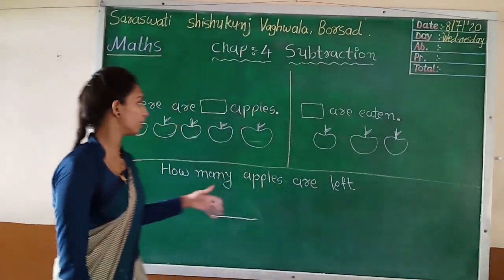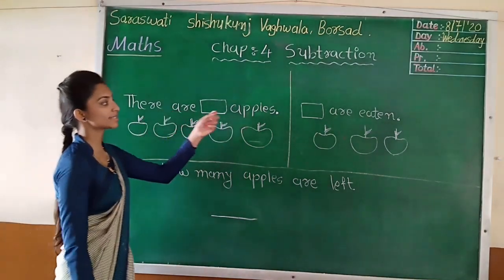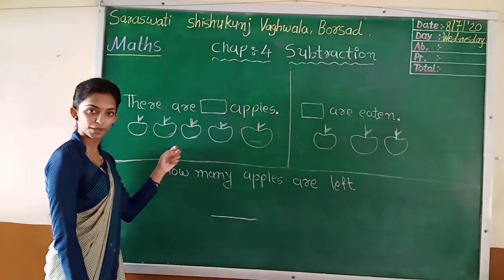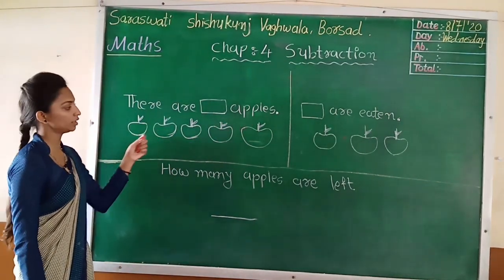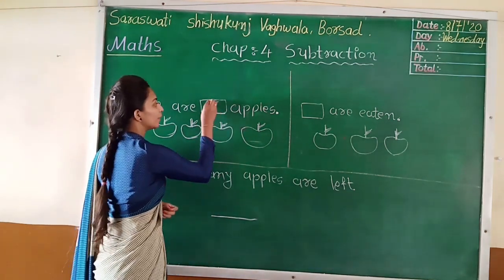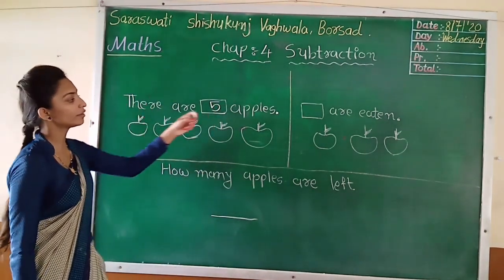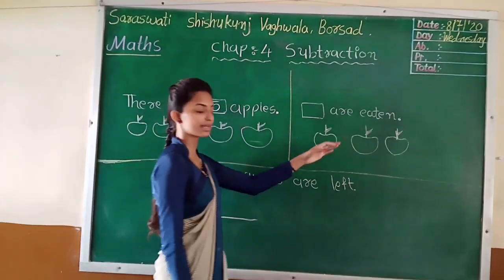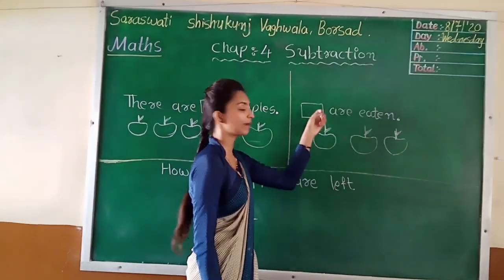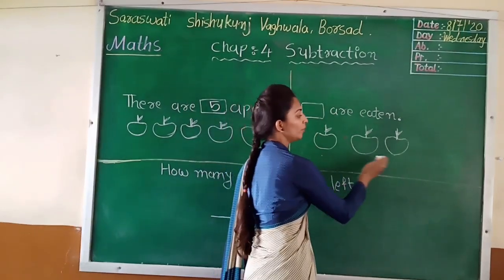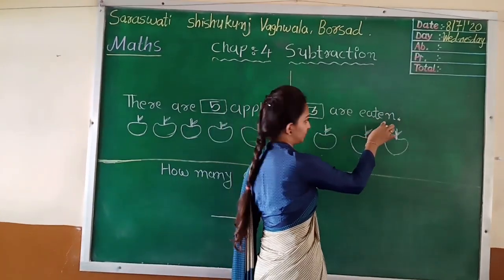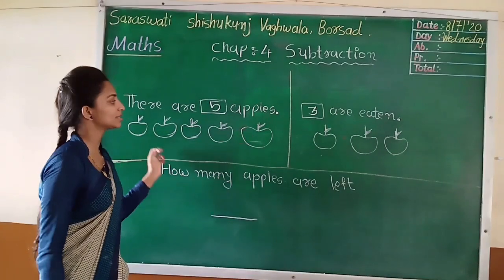Students, let's see on the board. There is a box of apples. That means we have to count these apples. How many apples are there? 1, 2, 3, 4, 5. So right here 5. That means there are 5 apples. Now see on the other side. Blank are eaten. We have to count these apples and write here. 1, 2, 3. So we have to write here 3. 3 are eaten. That means there are 5 apples and 3